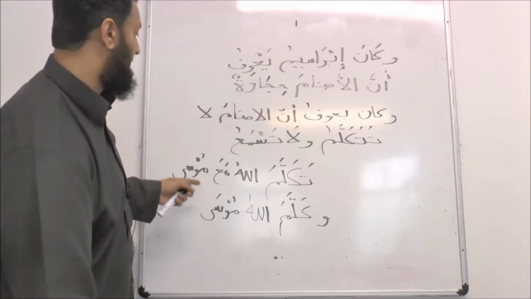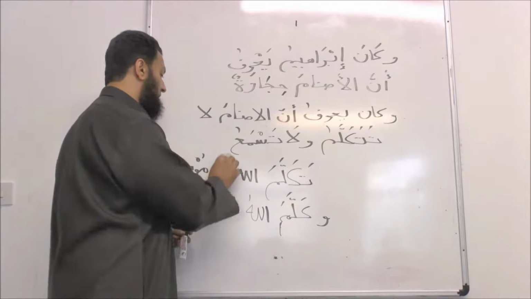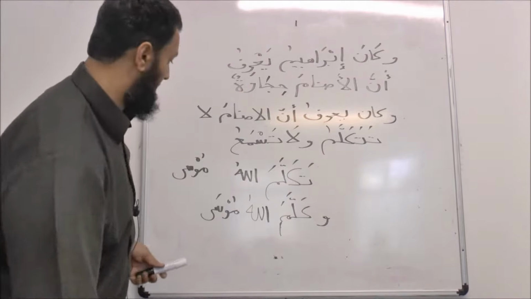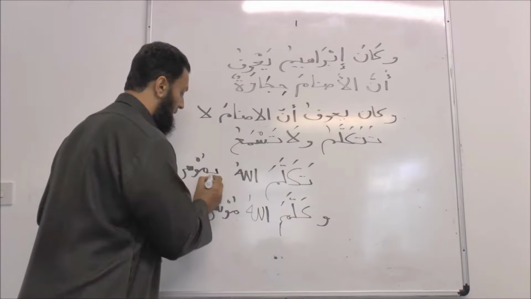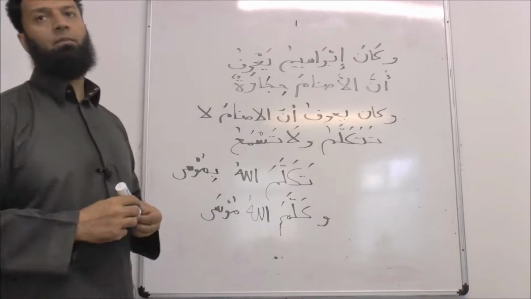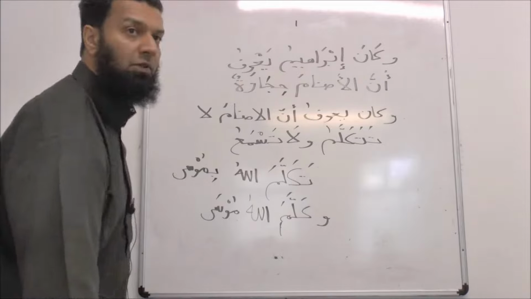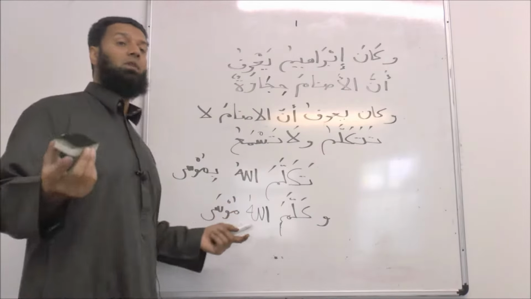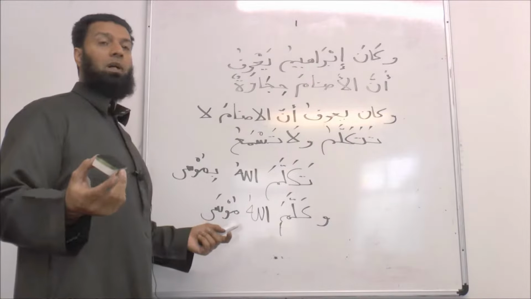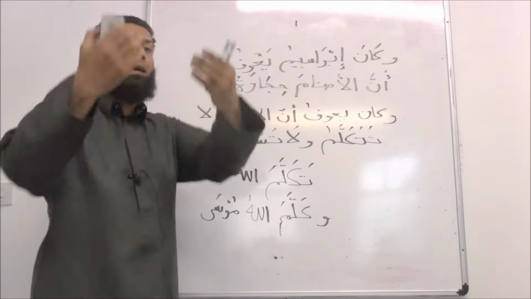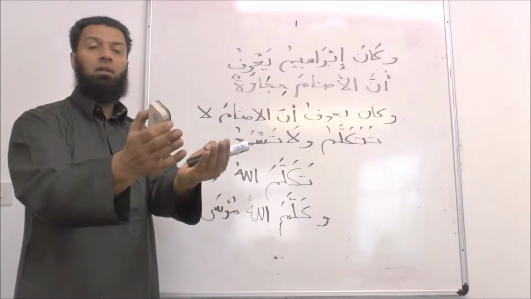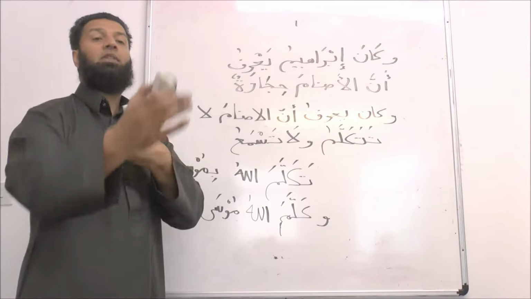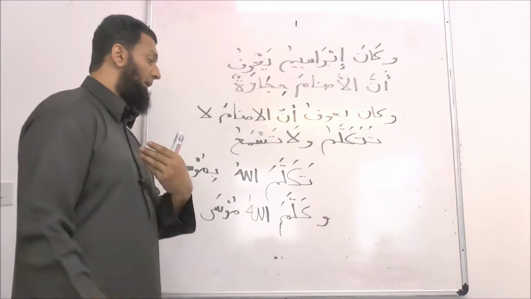So we could have said تكلم الله مع موسى, تكلم الله بموسى. Right? Can you see that? That's the difference. Now this is important because we use this all the time. Right? So if I wanted to say I spoke to you, it would be